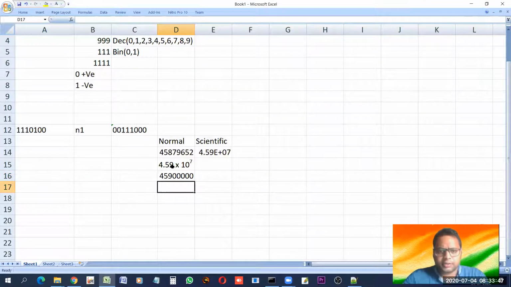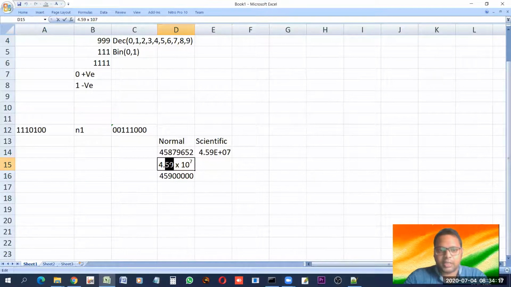Now you will tell me, sir, this number is not equal to this number. A lot of difference is there. Yes. So when we convert any scientific notation to normal, there is some loss. But if a number is very, very large, then a little bit of loss is acceptable. Or if you do not want the loss, then you will have to increase the precision here.